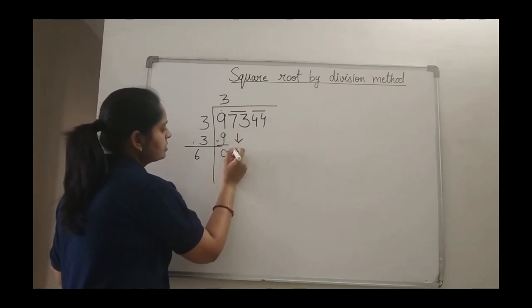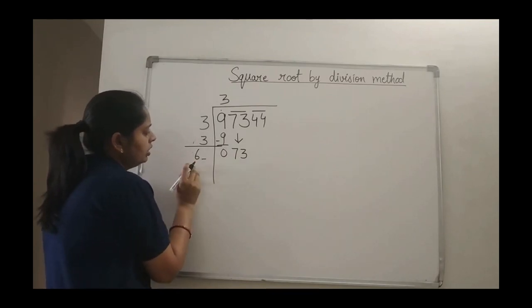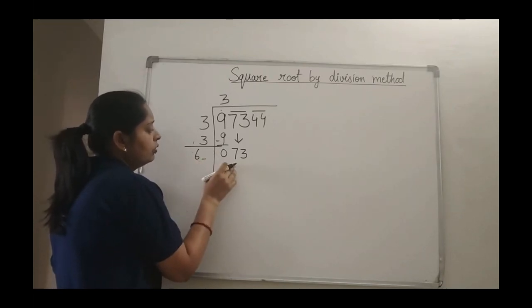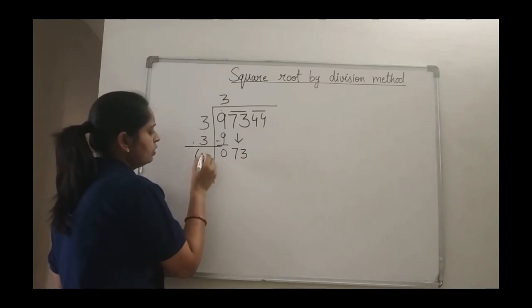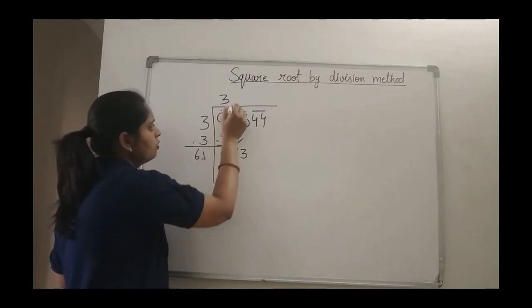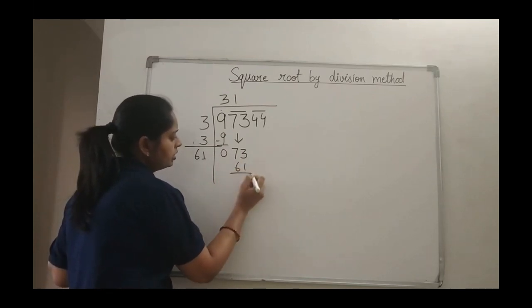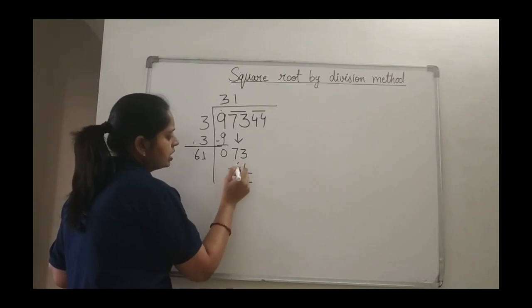What is the next pair? 73. And now we have to do the entry of one digit over here. See, 61. 1s is 61. 62. 2s will go for 120 something, 120 and more than we will go. So it will be greater than this. So obviously we will go for 61. 1s is how much? 61. Then subtract it. 3 minus 1 is 2. 7 minus 6 is 1.